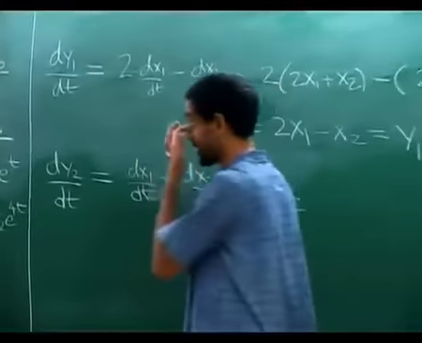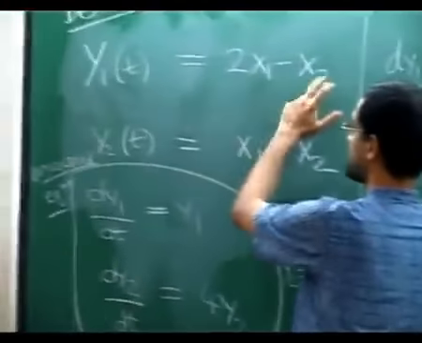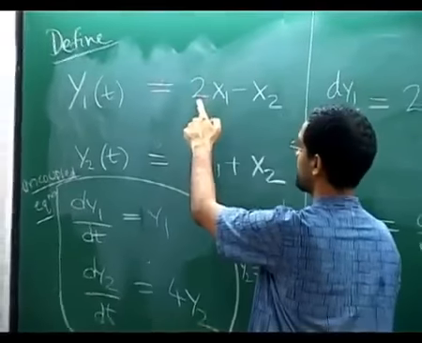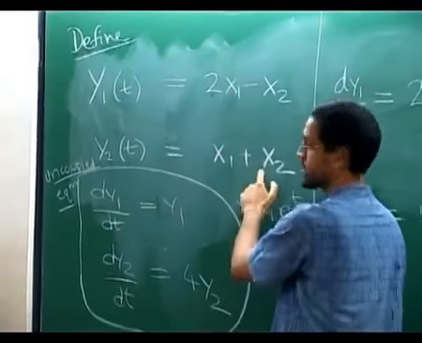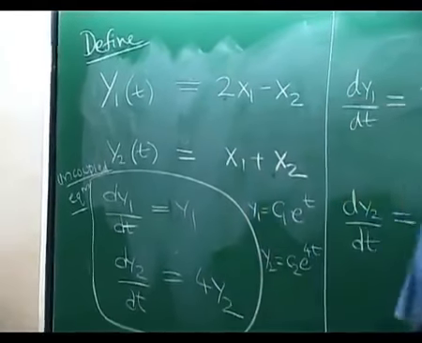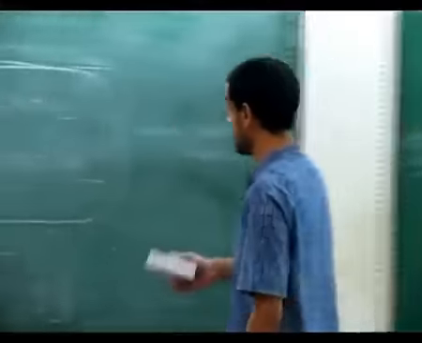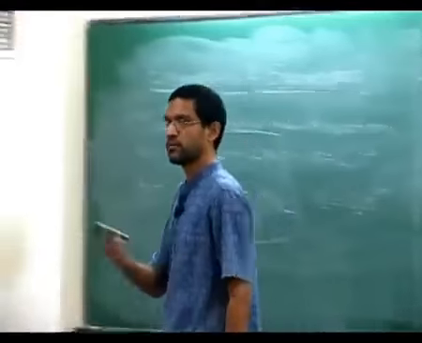Absolutely, that is also correct. How did I choose y1 and y2? It will turn out that these coefficients 2, -1, 1, 1 are also related to the eigenvectors corresponding to those eigenvalues. I will explain this in just a minute. So let us see, how did we guess the y1, y2?